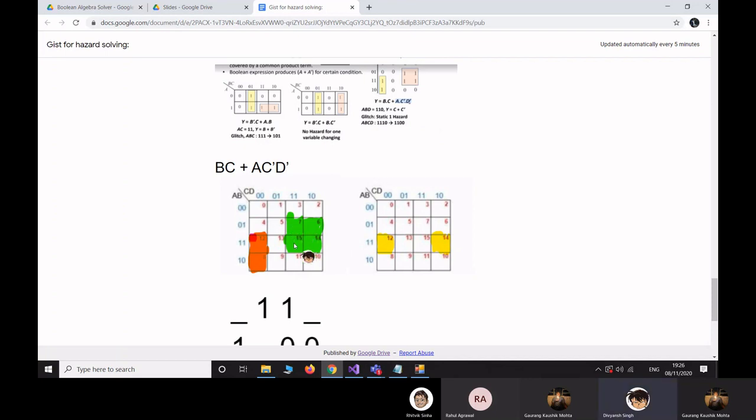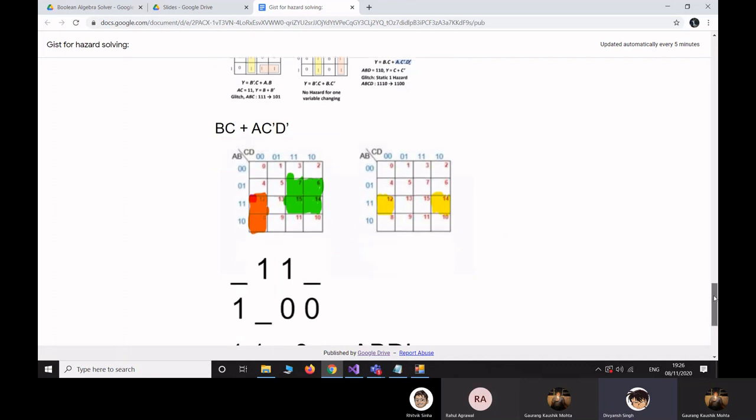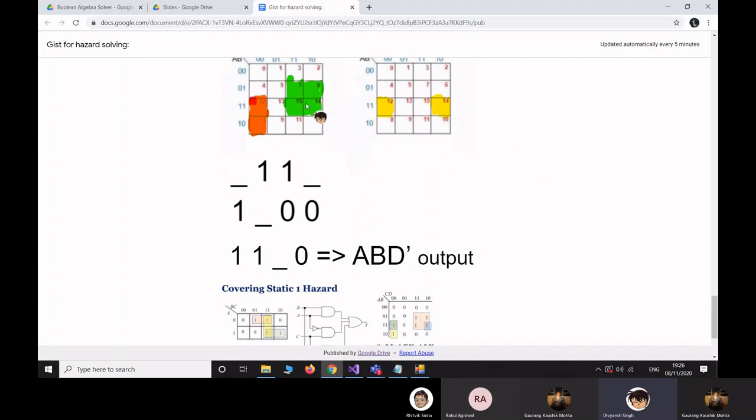As you can see visually, it is represented as follows: green area representing the minterms of BC and the orange area representing the minterms of AC complement D complement. Since the basic logic of a hazard term is to find two minterms which are adjacent to each other but not covered in the same term of the expression,